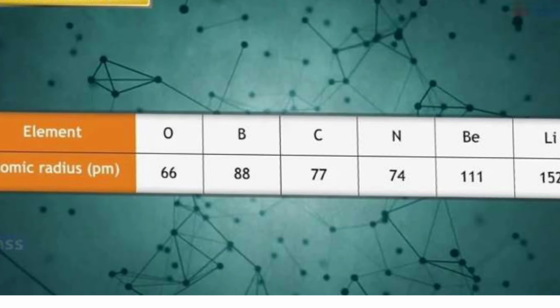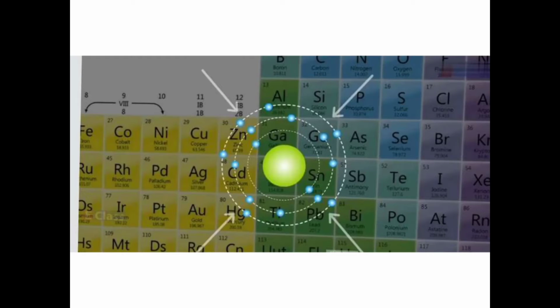Now just observe and understand this, children. In a periodic table, what exactly happens is the atomic radius goes on decreasing while you are going from left to right in the period. So when you go from left to right this way in the period, the atomic radius goes on decreasing. Now why is it so? I'll just explain to you. What happens is when you go from left to right in a period, the atomic number increases, right? Here you can observe.